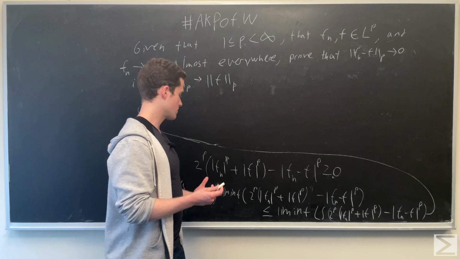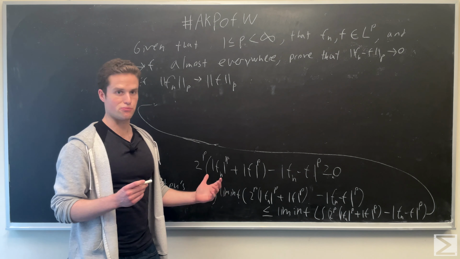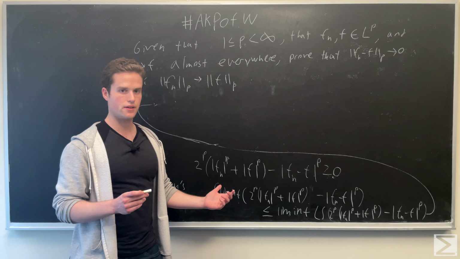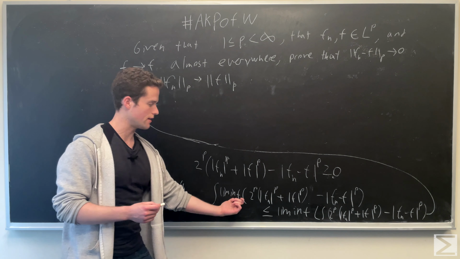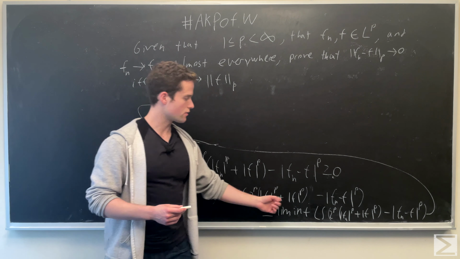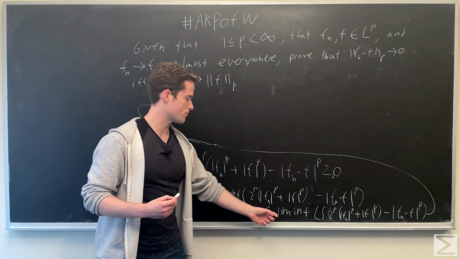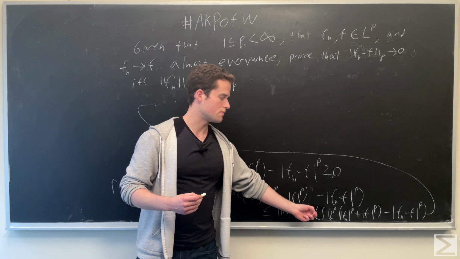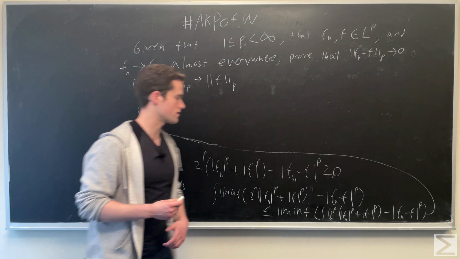And we're going to see that the lim sup of the integral of |f_n minus f|^p is going to go to 0. Each of these terms is either going to go to 0 or some concrete number, and some of the terms on the right are going to drop out, and we're going to be left with a lim sup. So writing this out,